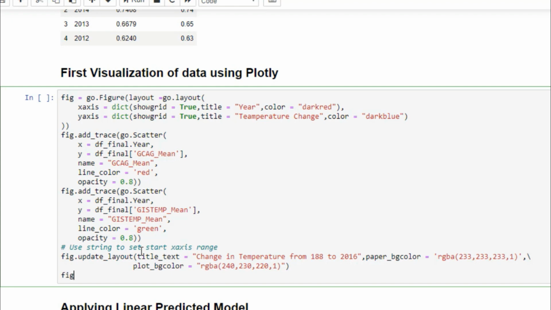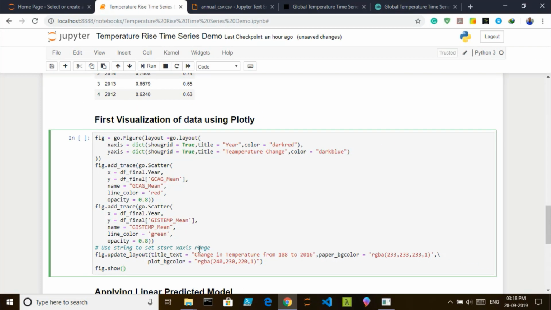So that is for the plot background, and the first one you can give any value, that is up to you, and fig.show. So that is all we have, and we just